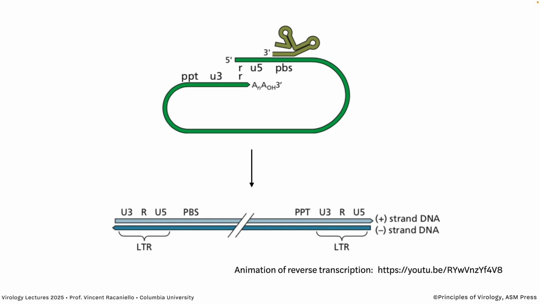So that's why we do all these weird primings near the 5' end, template exchanges to get a DNA with 2 LTRs. So you have an LTR on the left, you have a primer binding site, a PPT, a polypurine tract, and an LTR on the right. And this is going to integrate, and both LTRs are going to contain transcriptional promoters and transcriptional terminators. And if you want to see an animation of this, I made one a couple of years ago. It's on the YouTube channel. May make it more clear for you.